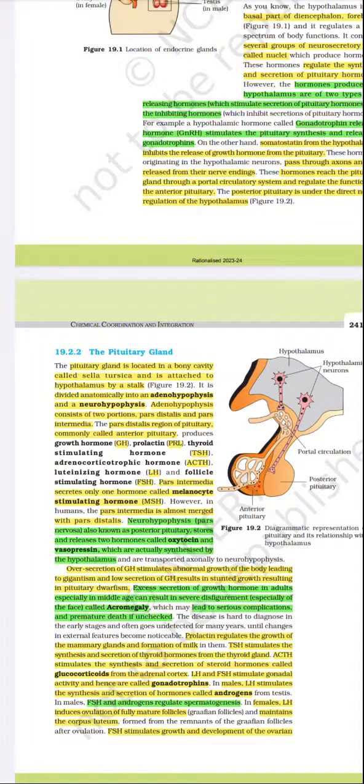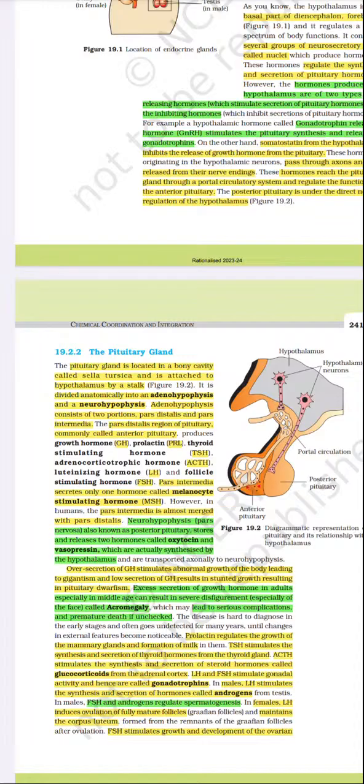Neurohypophysis, also known as the posterior pituitary, stores and releases two hormones called oxytocin and vasopressin, which are actually synthesized by the hypothalamus and are transported axonally to the neurohypophysis. Oversecretion of growth hormone stimulates abnormal growth of the body, leading to gigantism,